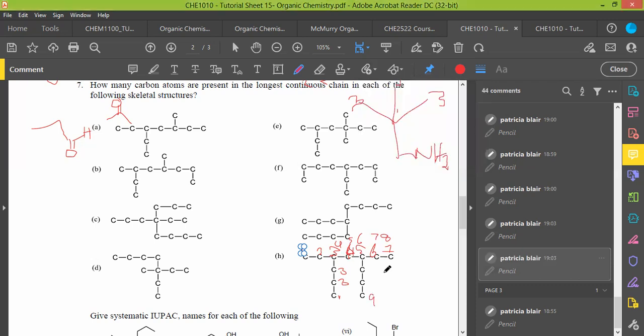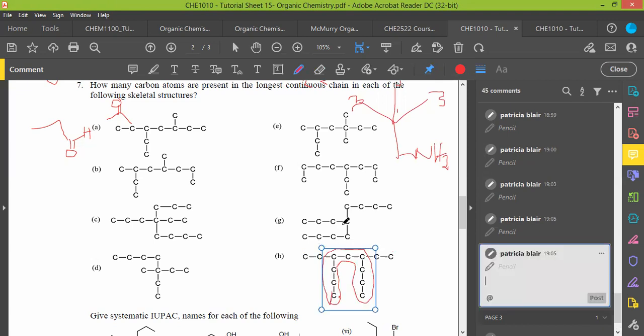So if you check, you have 1, 2, 3, 4, 5, 6. Then you have 1, 2, 3, 4, 5, 6, 7, 8. So going any other way doesn't give you a number that is above 8. It's a continuous carbon chain. So here, the longest carbon chain is going to be that one, like this, and then it goes like this, and like that. The rest of the molecule that remains